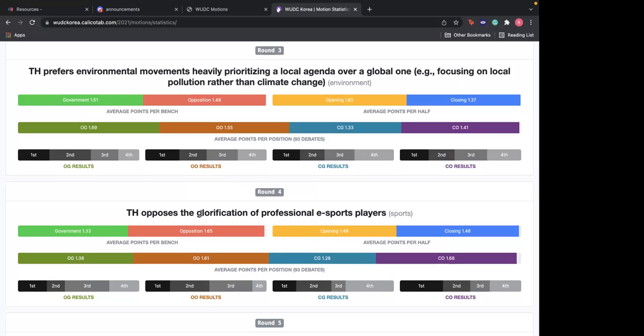So circling back to all of that, this house opposes is particularly talking about why something that probably exists in status quo is a bad idea. So I did a few things here. Number one, as a first speaker of proposition, for example, I defined what this glorification looks like, which obviously shaped the entire debate in terms of how this might affect children. Therefore, definitions are important and must be done at first speaker.